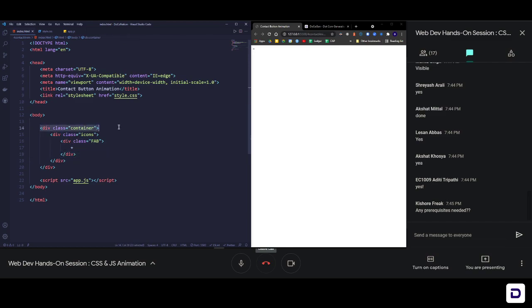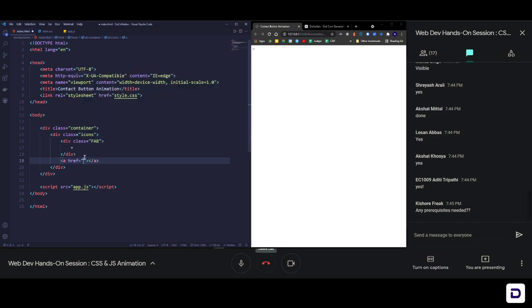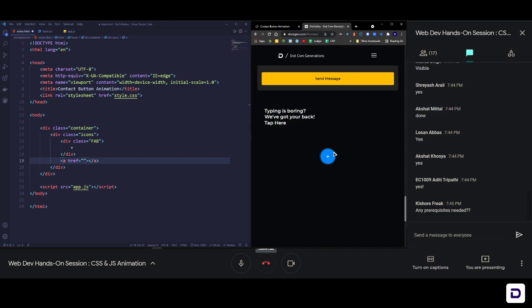So we have the container, the whole page where we'll contain this. We have the icons, the background for this, and then we have the floating action button, which is the blue icon with the plus symbol. After that we just have all the links that we want. That's what we have now. So let's add those. How are we going to do that? I'm going to use links for them. Each of those buttons is going to act as a link, because here if I click on it, let's say email, this is going to email.